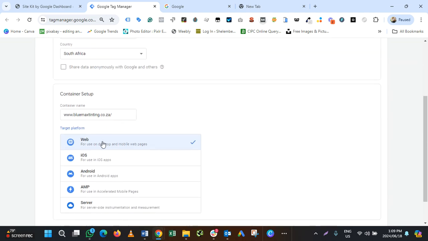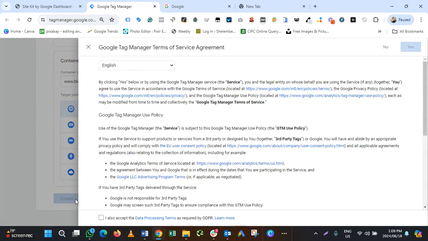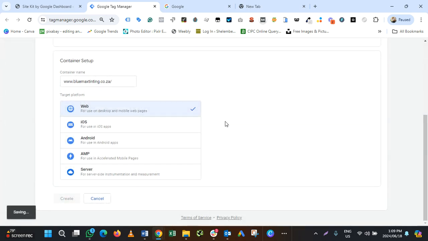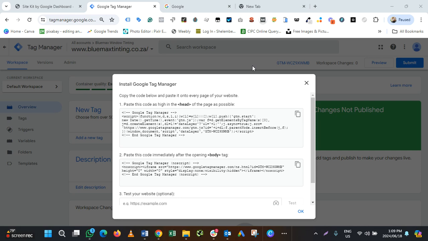So we are measuring the website at the moment. However, if you'd like, if you're measuring your iOS app or your Android app, it's up to you, but most of the time we usually measure the website. And let's create. Okay, so as you can see,